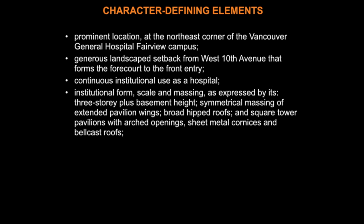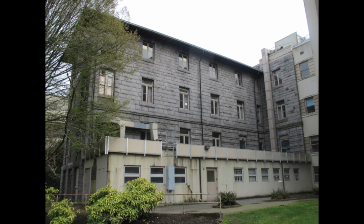Character-defining elements, I'll just run through very quickly, but its location, its setback, which we thought was incredibly important to get down on paper, that we didn't want anything built in front of it ever again. And that was why we wanted to say that this was part of what defined its character. Its continuous institutional use, its institutional form, scale, and massing, so we wanted to describe the actual physicality of the